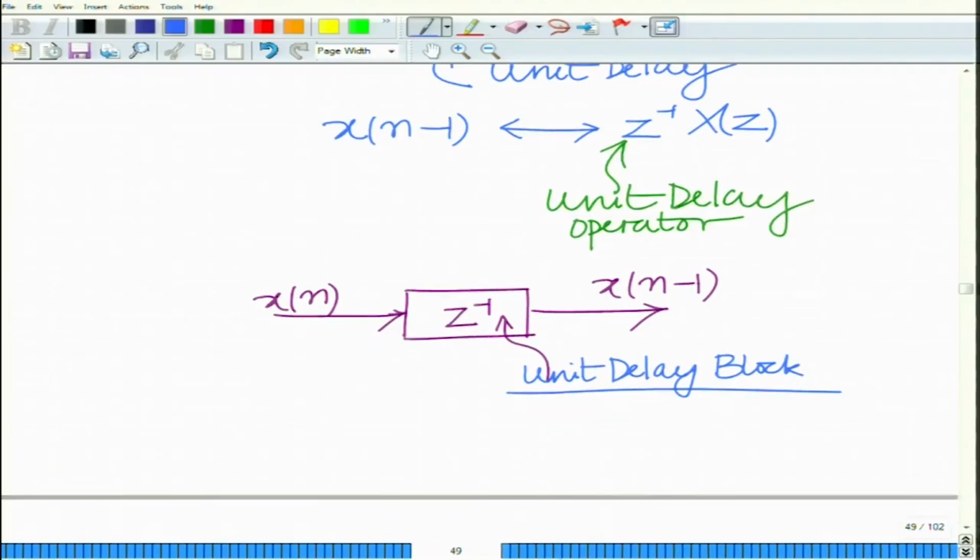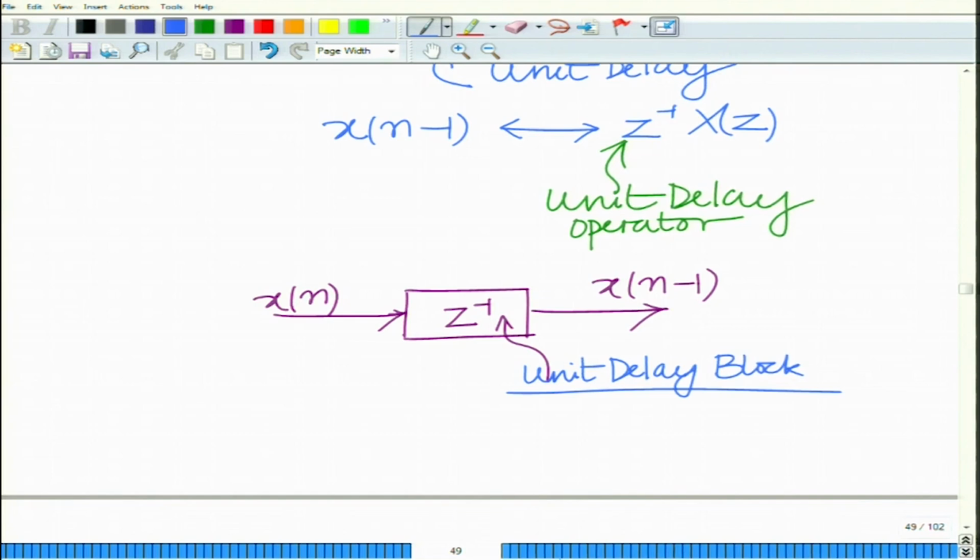and you can link several such blocks to basically delay the signal by an arbitrary amount. For instance, if you connect two such blocks in series, the net signal will be delayed by 2 times. So, x of n minus 1 and the output will be x of n minus 2. Okay, and then you can do processing on x of n minus 1, x of n minus 2 and so on. Okay, all right. So, let us go on to the next aspect,